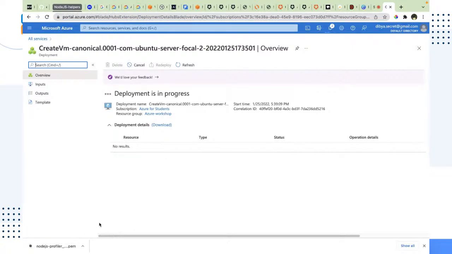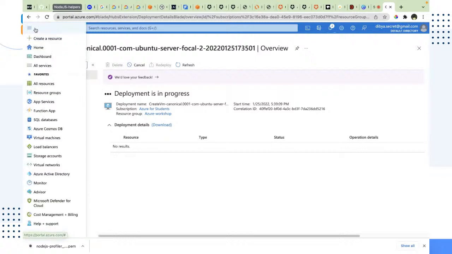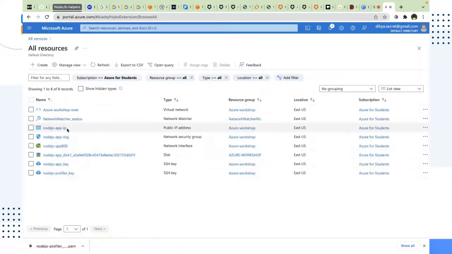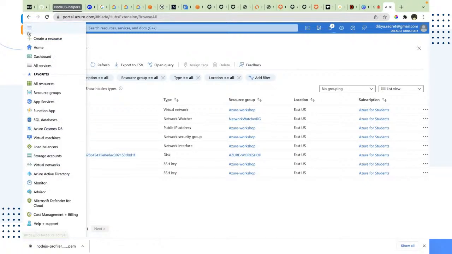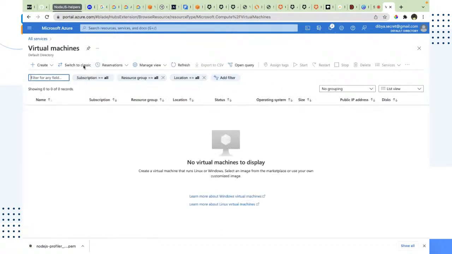That's it. Now, let's go to all resources, and we can see that our Node.js app is spinning up, right? Let's go to virtual machine, all services, virtual machines. So our system is under deployment. It will show up here when it's done. Now, in the meanwhile, we have downloaded